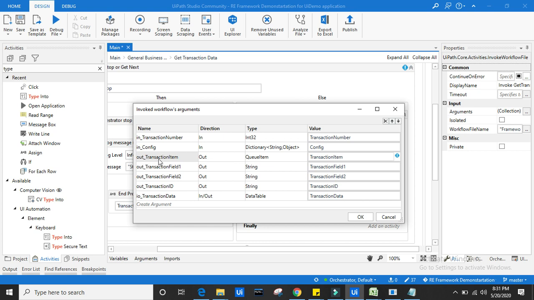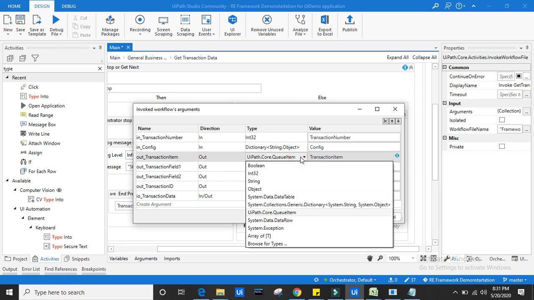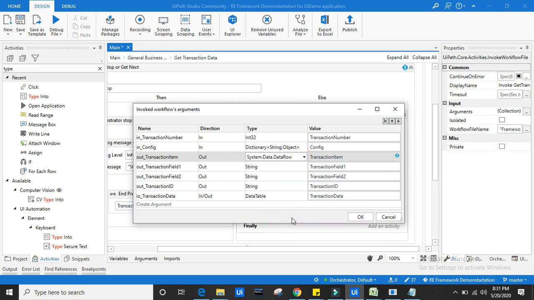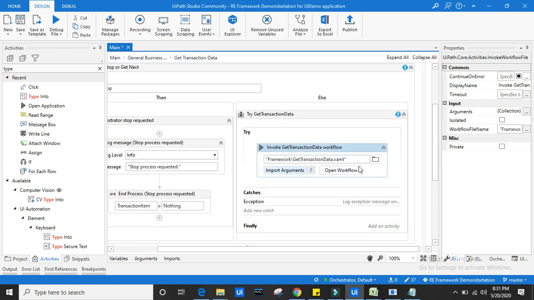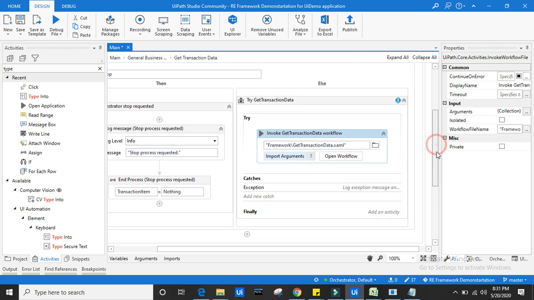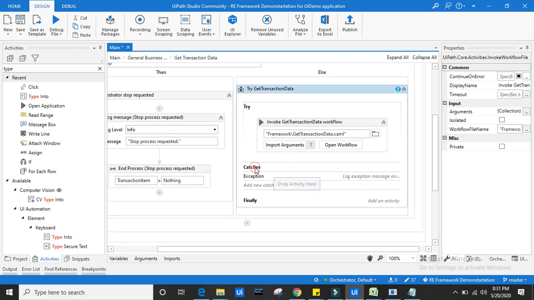This is an argument which has been already developed, inbuilt, by UiPath and team in the RE framework template. So I need to change it from QueueItem again to DataRow. Let me click on OK. So this error is gone, but we are seeing one more error here. This error is usually present in the catch section.